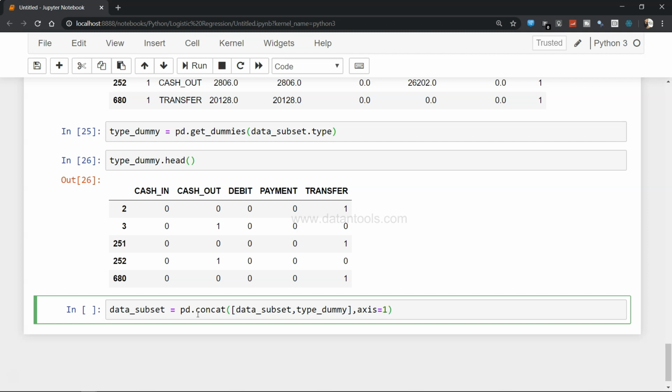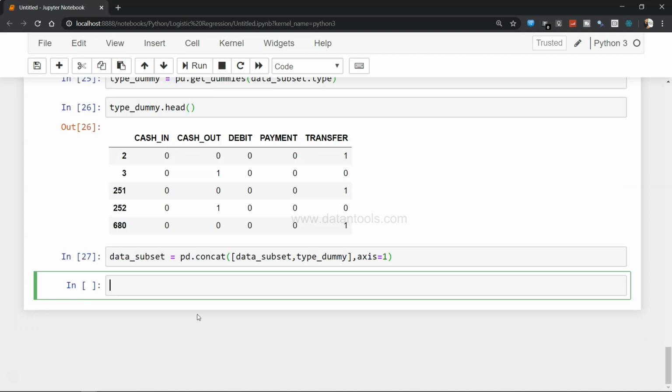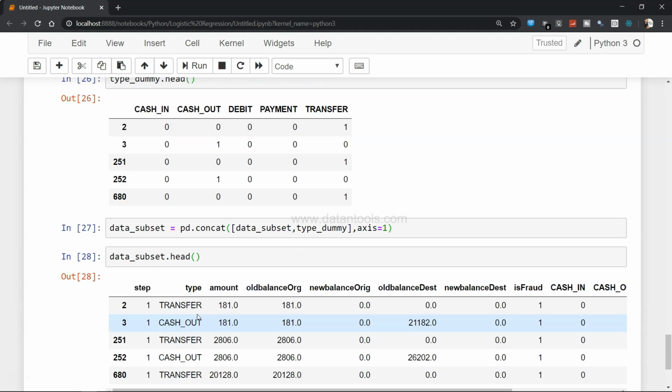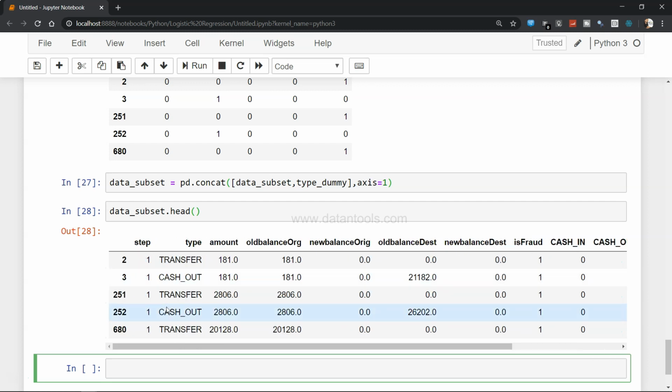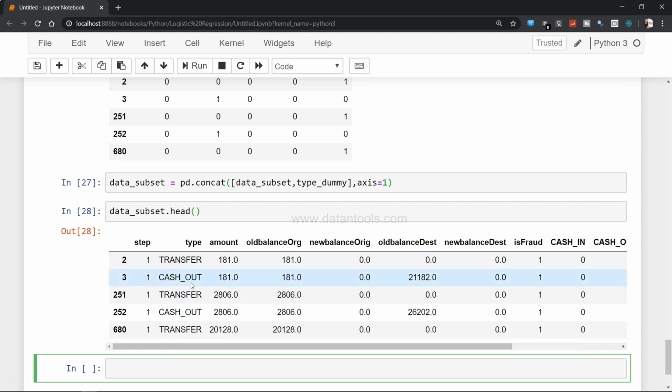Earlier, if you remember, we used axis equals 0 because we wanted to join by rows. All right, let's execute this, and now let's check the head. Now you have the new columns: cash in, cash out, payment, debit, transfer, and this type column is not required.